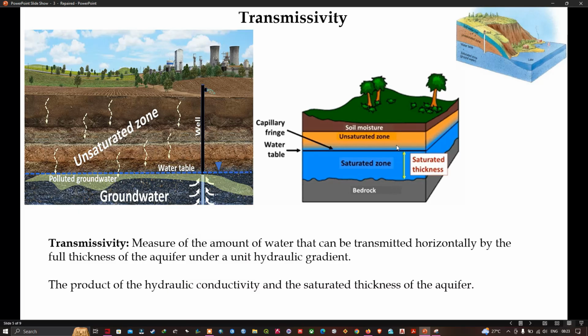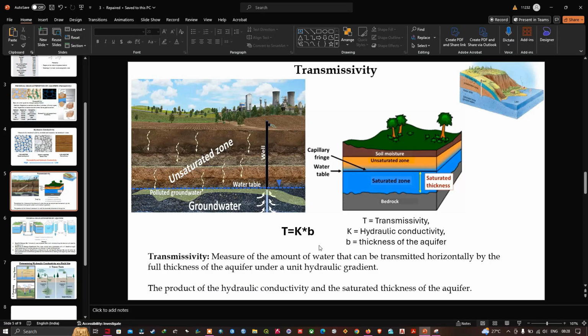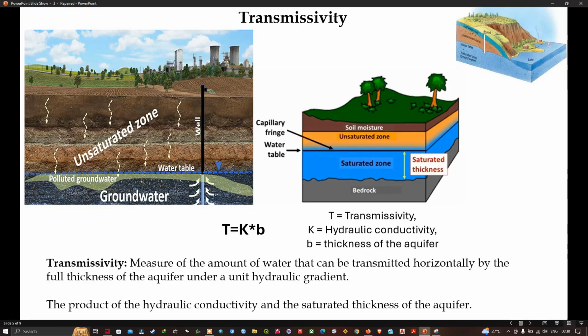So let me explain the transmissivity once again. It measures the amount of water that can be transmitted horizontally by the full thickness of an aquifer under a unit hydraulic gradient. That means if we discharge some water through a well, so that the water table decreases by just 1 unit of hydraulic gradient, how will the water move horizontally through the full thickness of the aquifer to recover the amount of the discharged water? As we said before, it is a product of the hydraulic conductivity and the saturated